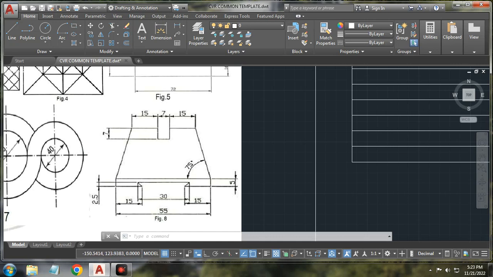Whenever I draw the vertical line, this 7 mm is divided into 2 equal halves, so it will become 3.5. This 30 is at the middle, so it will also divide into 15. This 55 is at the middle, it will change to 27.5, and the rest are the same. So this distance is 5 and bottom to up is 2.5, so this distance comes as 25, 2.5, and internal